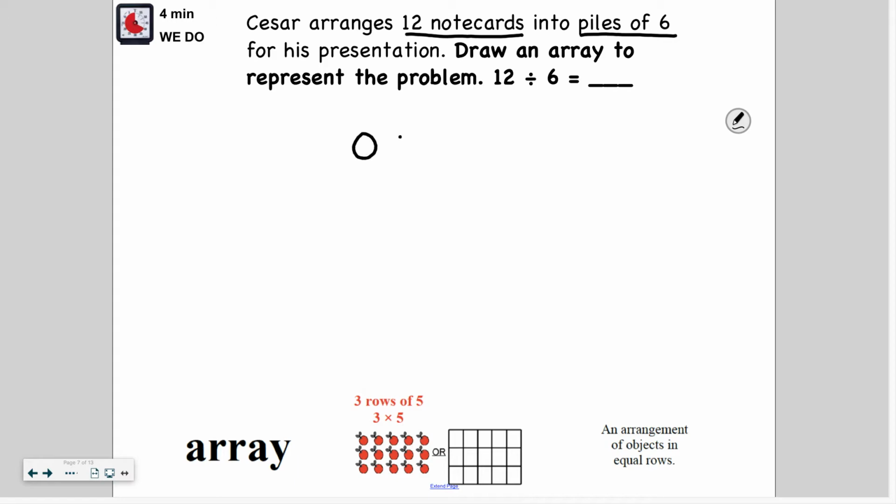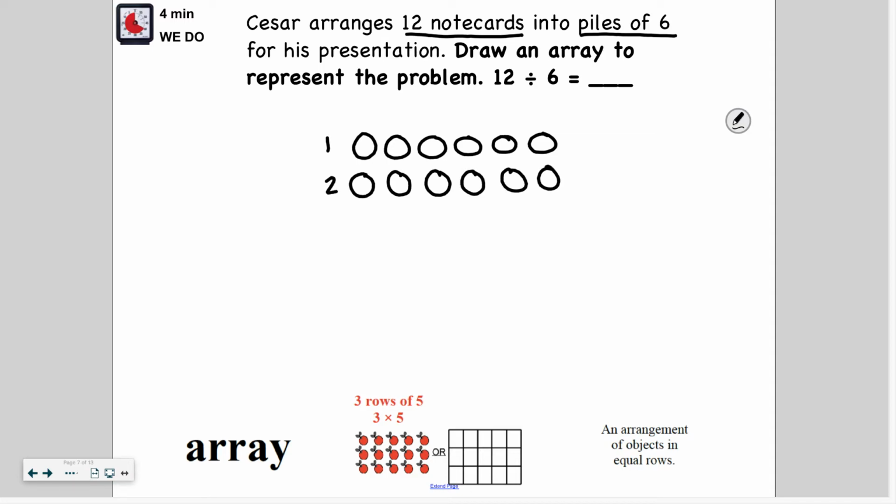So let's go ahead and draw 6 in one group. And in our array, each group will be the row across. So we have 6. And what we want to do is keep going, keep adding piles of 6 until we get to 12 note cards. So far we have 6. Let's go ahead and add another group and count with me. 7, 8, 9, 10, 11, 12. So we can stop there because he only had 12 note cards. We can't keep adding because there are no more cards to add